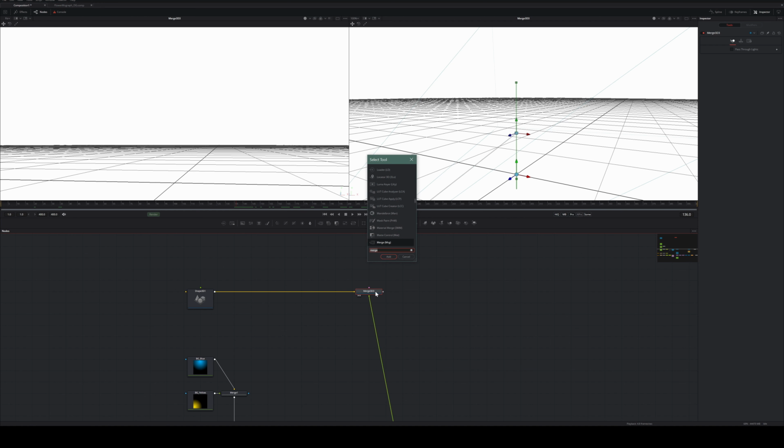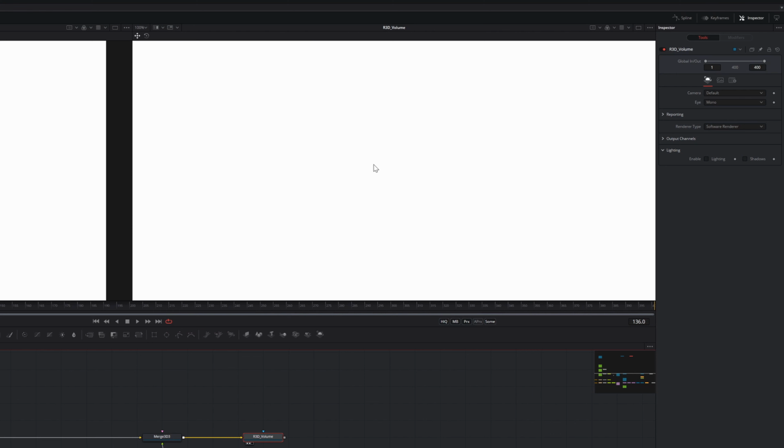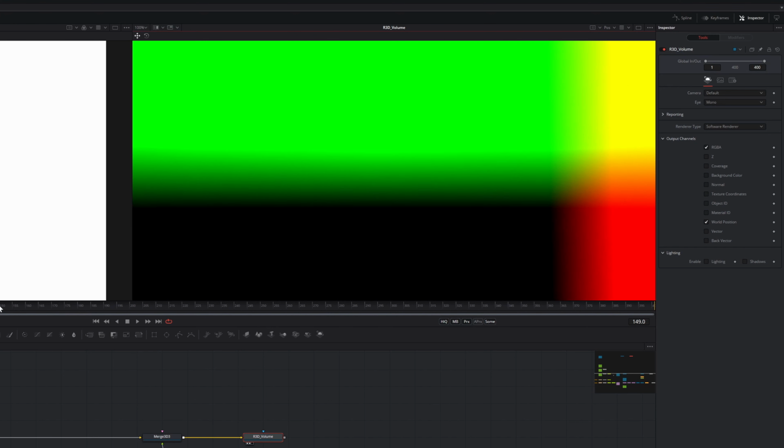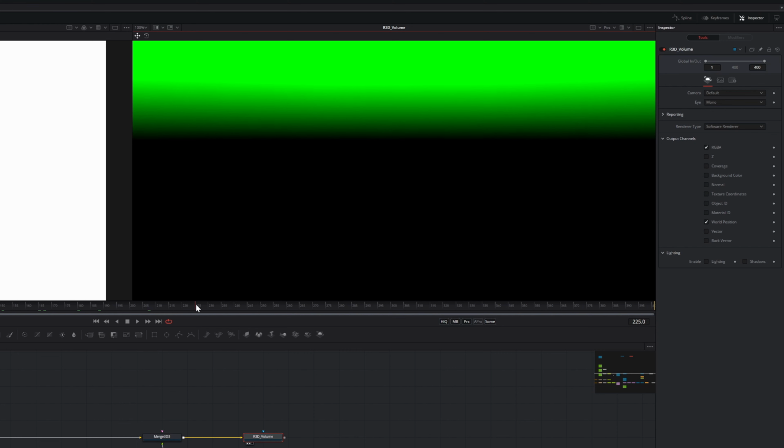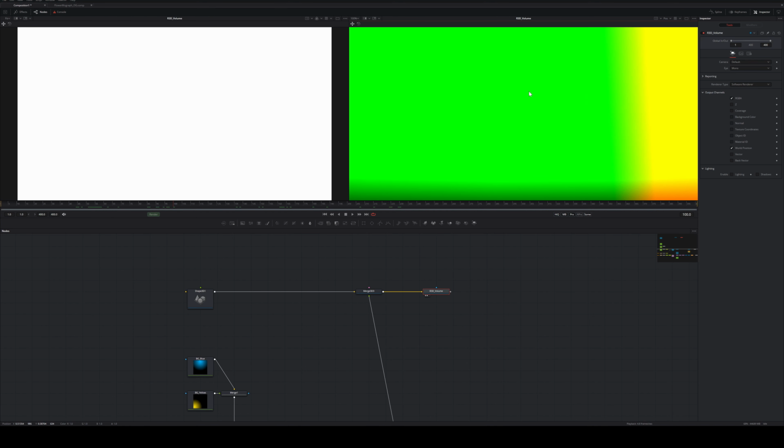Next, we need another render 3D and rename this to something like R3D volume. Right now we only output a fully white image, so in output channels activate world position. If we look at this channel in the viewer, we can see that Fusion is putting out weird colors. Those are telling Fusion where each pixel is located in 3D space. And again, for this you want to be on the safe side and set the render 3D node to 32-bit